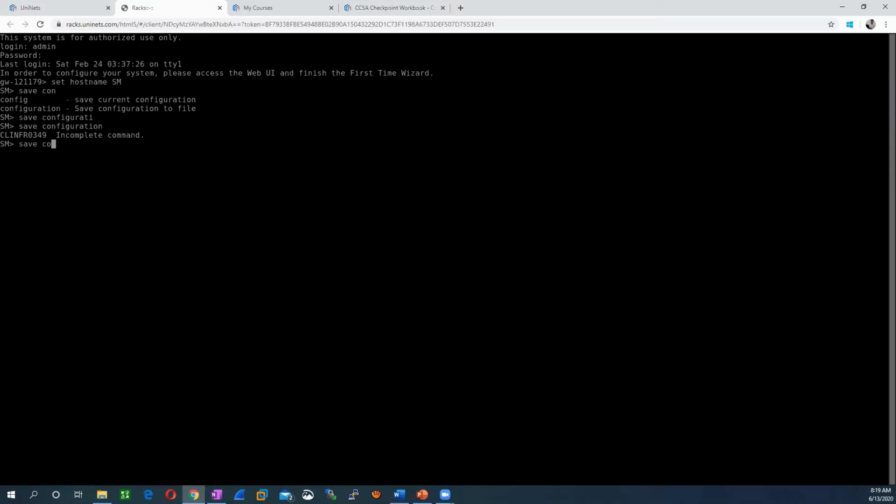Save config. Okay, so we have defined the host name. Now we need to define the IP address so that we can manage this device using a web console. So how can we assign an IP address to this device? We can assign the IP address using the command set